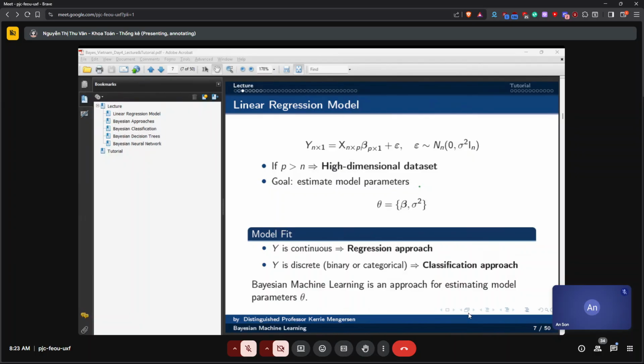So Bayesian machine learning is an approach for estimating the model parameters theta. Sometimes we're going to talk about this in a regression model, but also we might be interested in a case like classification or clustering, where we don't have a response variable, we only have a set of x's, and we'll get to that in a little while.